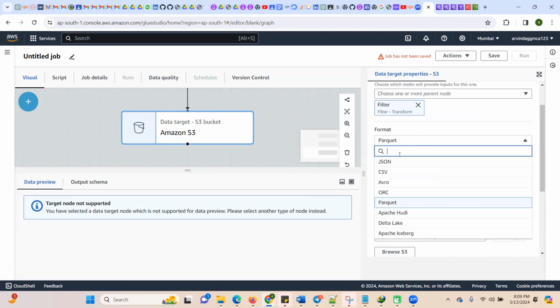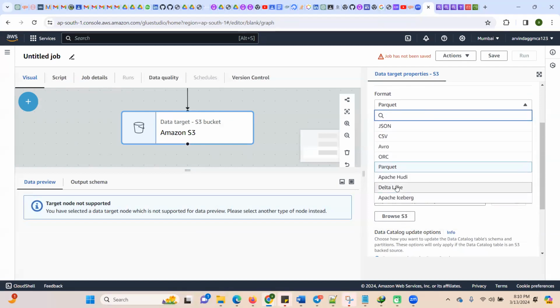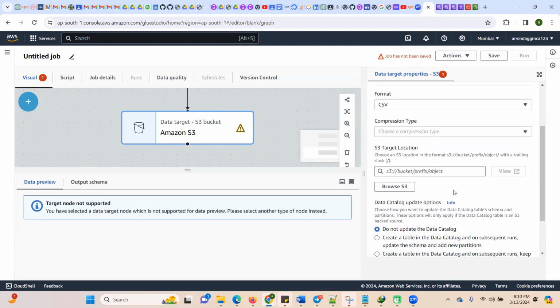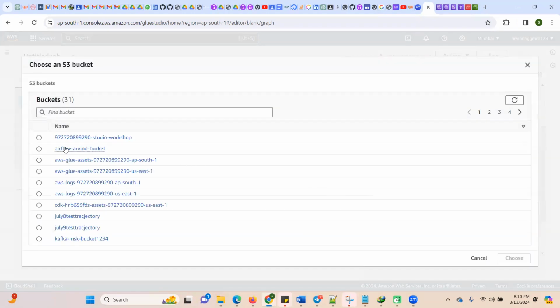What file format? So Parquet, I want to save JSON, Avro, CSV. So these are all the file formats given by AWS, right? Even Iceberg is there, Data Lake, Hoodie. So these are the different file formats. Okay, I want to save as a CSV. And here is the target location. So this target location I want to